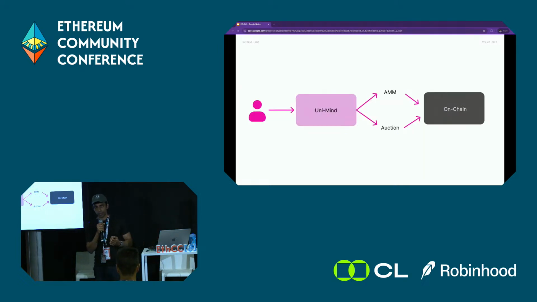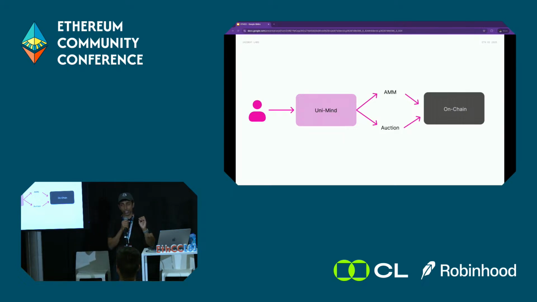we can go back to this original problem that Alan mentioned. The first problem when you run an auction is, should you even run an auction, right? When you have an alternative path, which is to send the user to the AMM. So this is how this auction intelligence, or what we're calling for fun internally, Unimind works, right?